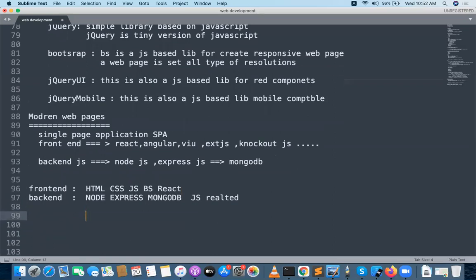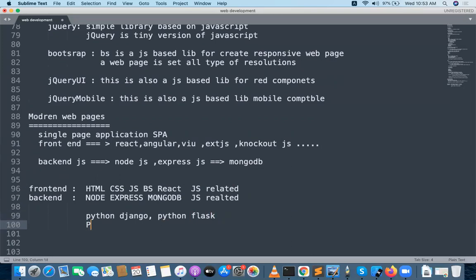If I don't want to go for the JS related back end and want to go for something else, this is a JS related front end. The front end is common anywhere you go. Only JS related front end will be there, but JS related back end is also in the market now. If I want some other back end, you can go with Python Django or Python Flask. Python Flask is also nice in the market.